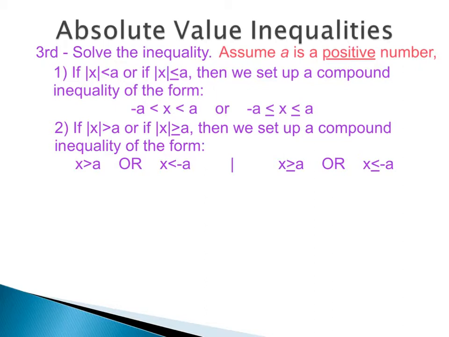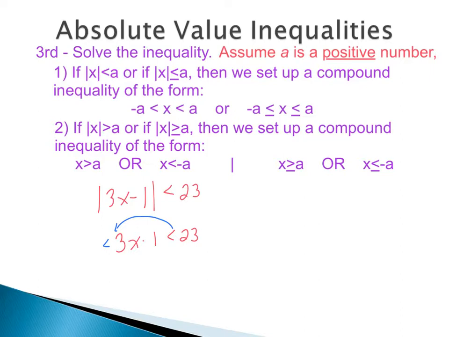So in this case right now, we have the absolute value of 3x minus 1 is less than 23. So since we have a less than, that means we're going to set up one long inequality, compound inequality, of the form negative a is less than x, which is less than a. Well, that a is just our number. So I'm going to rewrite the inside of the absolute value, which would be 3x minus 1. Keep the less than 23. So essentially you're rewriting what you already have. But then I'm going to bring everything over. I'm bringing over the less than to the other side.